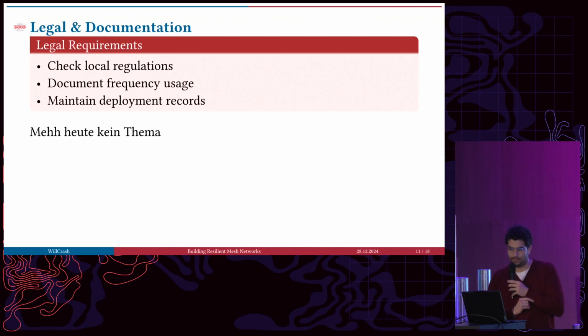So, legal requirements. Very difficult topic. You could make an Amateurfunklizenz, but this means you're also not allowed to use encryption, which has not been allowed by the Bundesnetzagentur. I have my own theory about that. I claim this device is an IoT device. IoT devices are not regulated by the Amateurfunk law because they're IoT devices. I have not validated this yet, since I have gotten no visits from the Bundesnetzagentur.